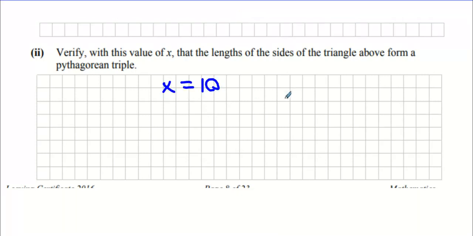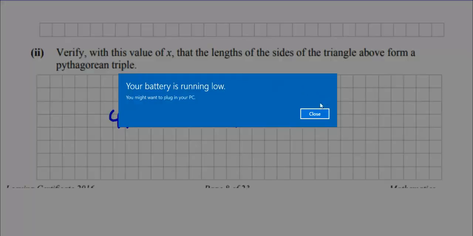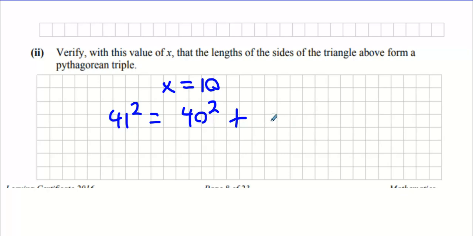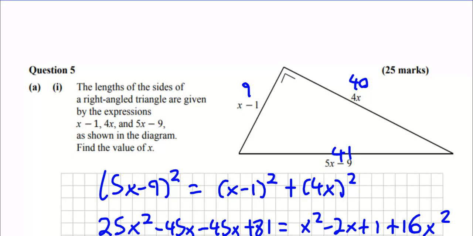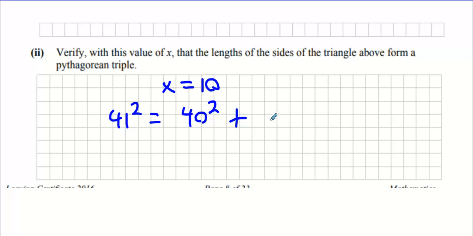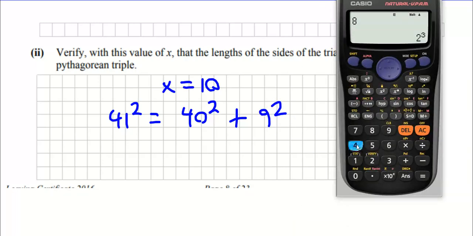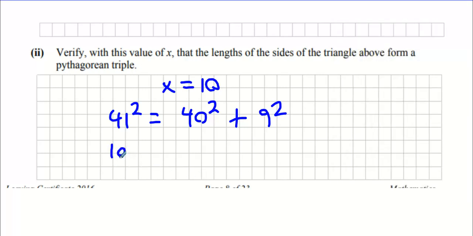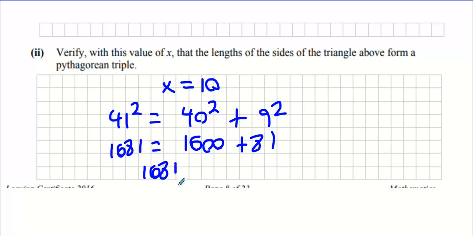So we're going to use x equals 10, and we're going to have 41 squared equals 40 squared and, was it 9? Let's go back. Okay, here we go. So 41 squared, 40 squared, and that one, 81. And because it balances, it confirms that it is a right angle triangle, and it is